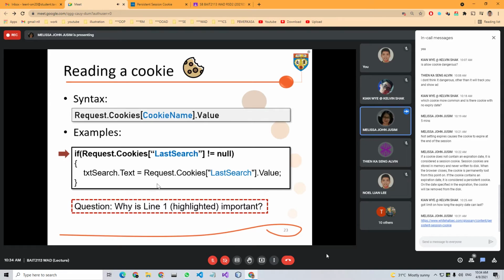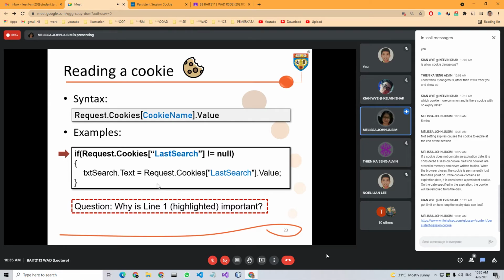Now there's a question: why do we need to check for null? Because if it's null, do you still need to read the value? Definitely, there's no need. So you must always check whether the value is null or not. If it's not null, then you can read the cookie using the request cookie value.